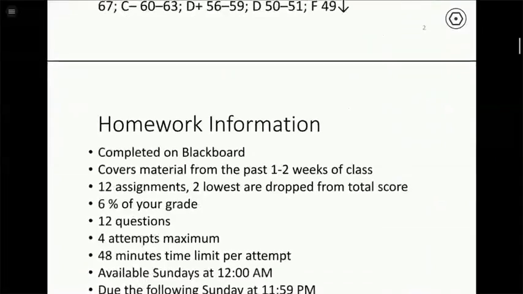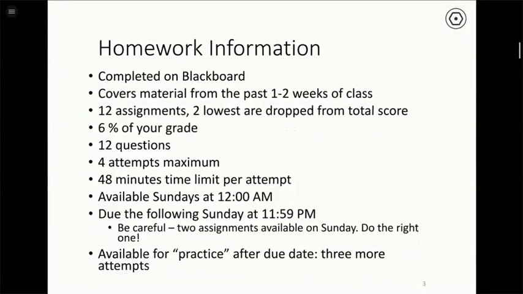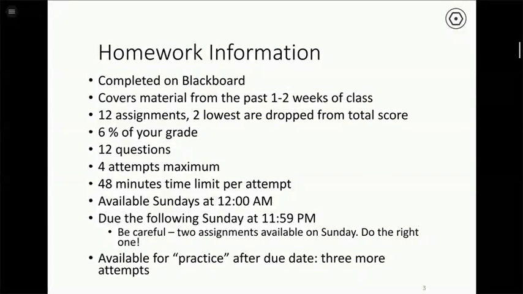More information about the homework. This is going to be sort of your weekly task that you have to fulfill every single week. The homework will be done on Blackboard, just like all the exams will as well. So every homework assignment is going to cover roughly 1 to 2 weeks of material. So you'll see on the syllabus,